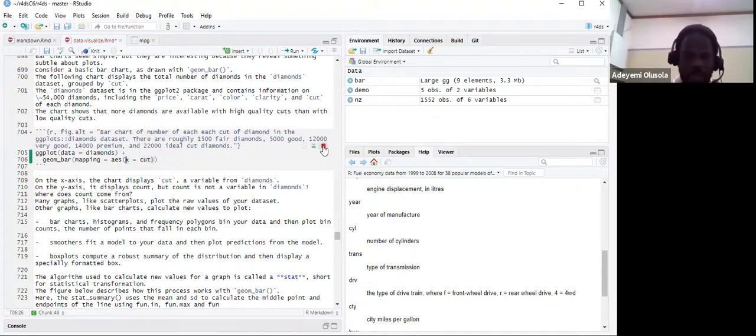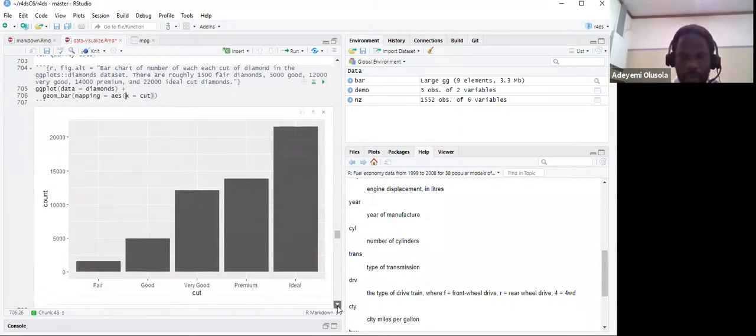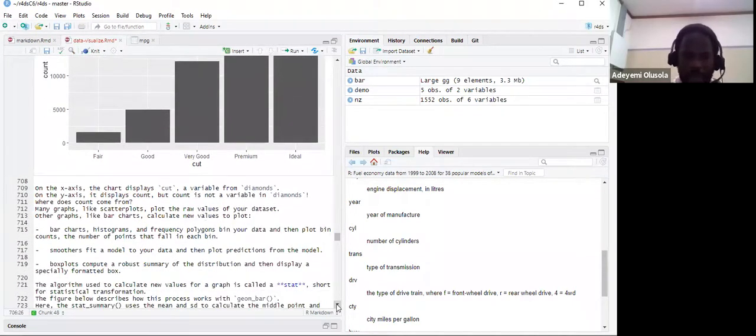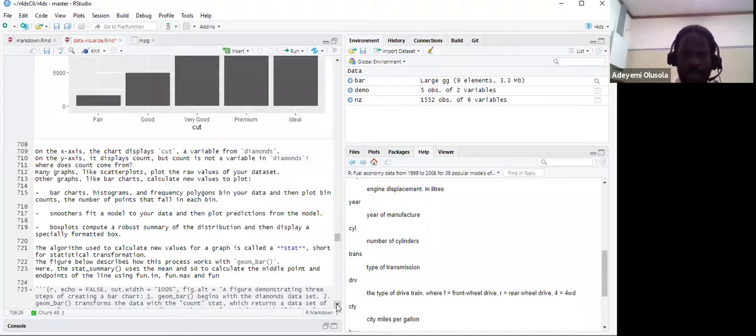And then if you plot this, we see a simple bar graph using counts. This is the cut attribute: fair, good, very good, premium, and ideal. Now, the x-axis displays the cuts. On the y-axis, it displays the count. However, if you open the Diamonds database, there is no count. That means there is a transformation that has been performed, binning fair, good, very good, premium, ideal into counts, something like frequency,